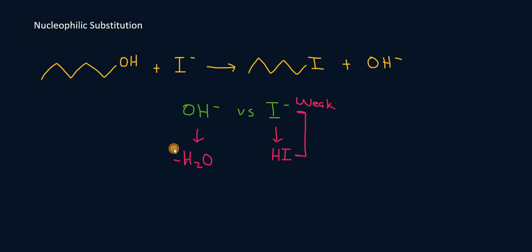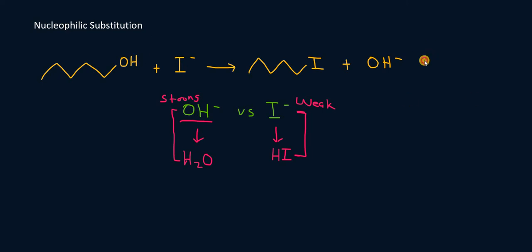H2O is a weak acid, therefore OH minus, which is the conjugate base, is strong. So using that logic, we have determined that OH minus is the stronger base, which means that I minus would